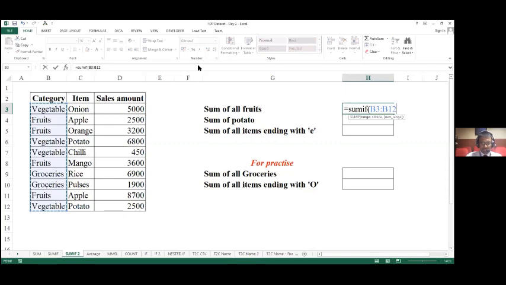That is the range B3 to B12, comma. Now, what is my criteria? My criteria is I want Excel to find fruits. So this is a logical criteria. Since it's a logical criteria, I will have to define that within inverted quotes. Now, unlike the previous sheet,